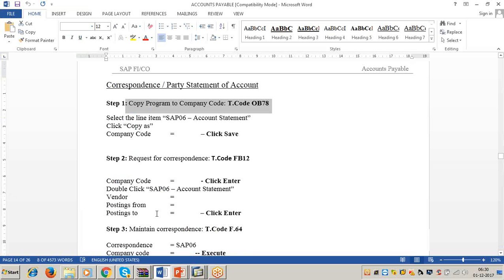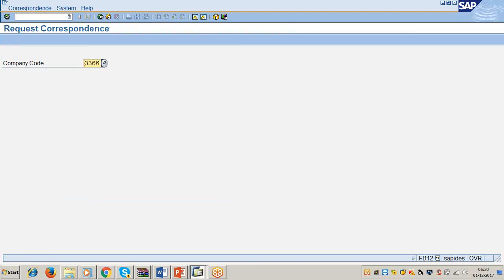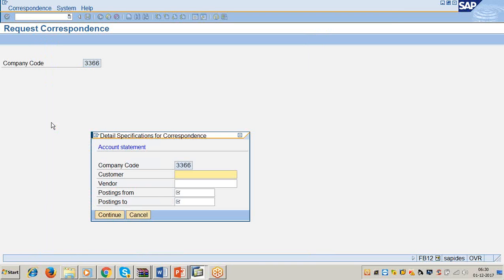See the next step. Request for correspondence, FB12. Company code is equal to 3366. Click on enter. Double click on SAP06 account statement. Vendor is equal to 1,05,001.